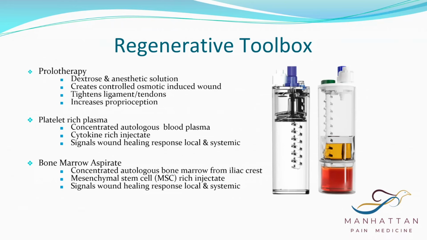So prolotherapy is really our workhorse of the injectates, and that's simply dextrose, which is sugar, and an anesthetic, such as lidocaine, used to be injected in a joint, tendon, or ligament. What this solution does is it creates what's called a controlled osmotic induced wound, where the injectate will osmotically kill a few cells where we inject it, and that helps release local cytokines